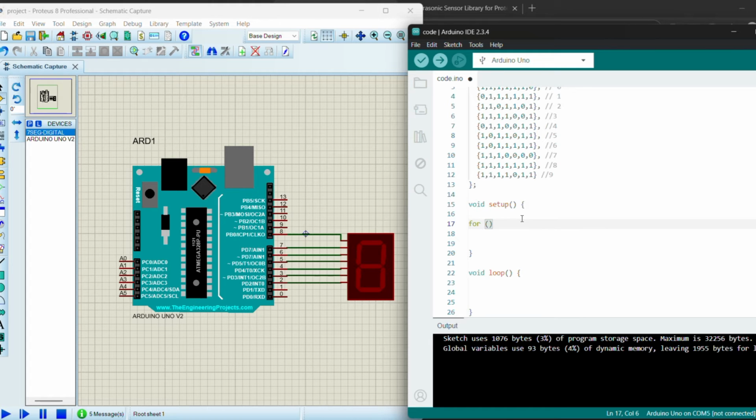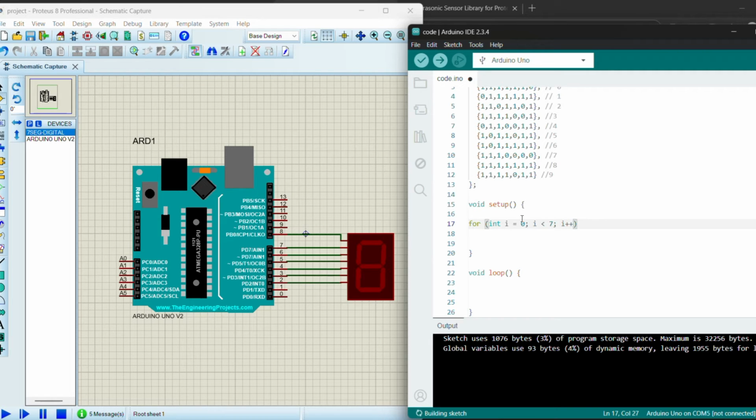A for statement is mostly used for counting, which corresponds to the incrementation or decrementation of a value, such that if we give an integer value and we initialize this integer as a variable I, and this variable I will store the count such that if I is equal to 0, and we give a condition such that I is less than 7, and we have I